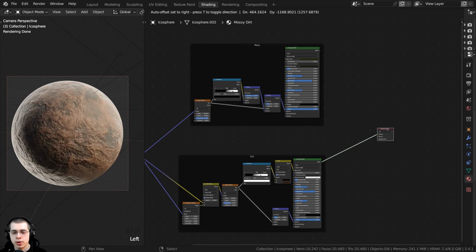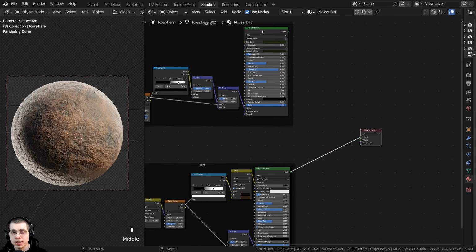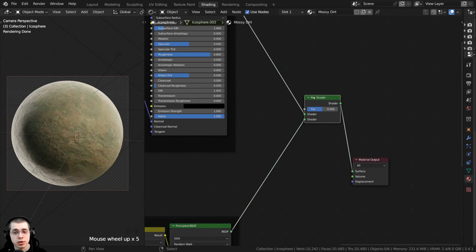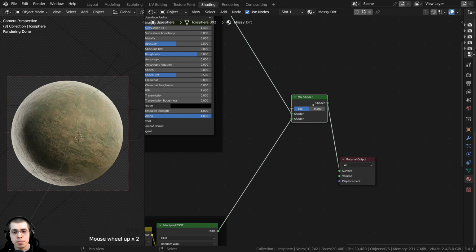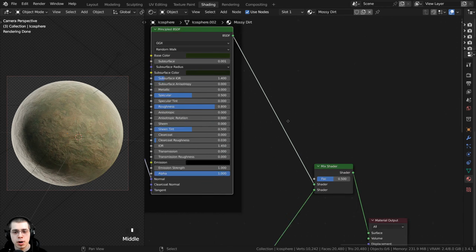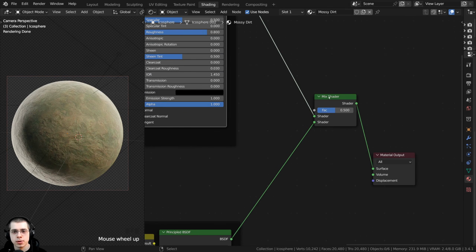So I'm going to bring the material output down here into the middle, and then I'm going to select the first shader, and then hold down the Shift key and select the second shader. Now to join them together, I can press Control 0, and Control 0 is using a feature of the Node Wrangler, and it's going to add a mix shader, and it's going to join them together. So you can see the moss is going into the top one,